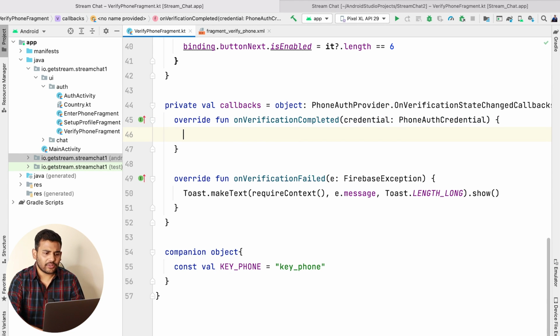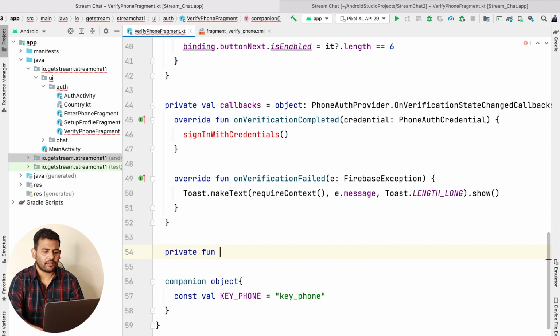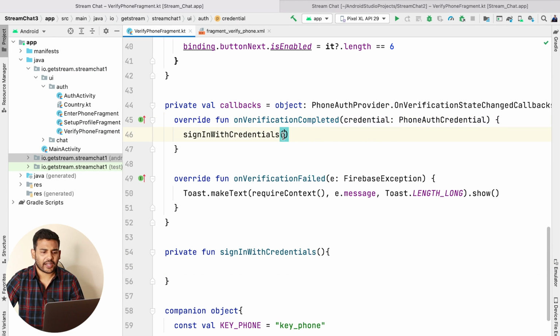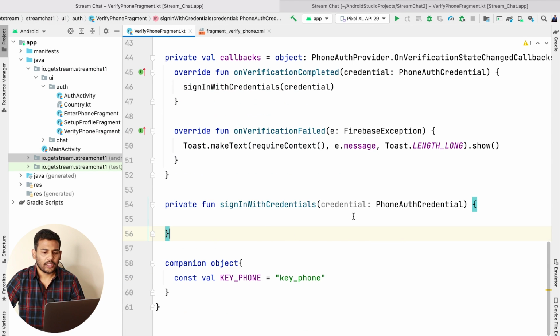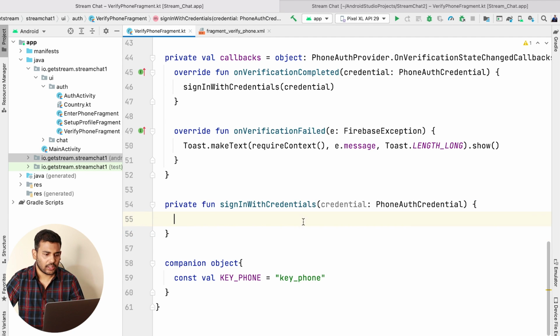So what we can do is we can call a function, let's say sign in with credential, and I will define the function here. Let's say we have private fun sign in with credential, and we will pass this credential here. So I will write credentials and I will add this parameter to my function. So we have the credential that we can use to sign in the user.